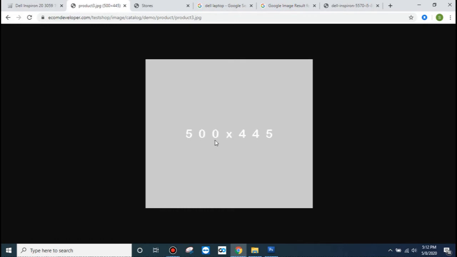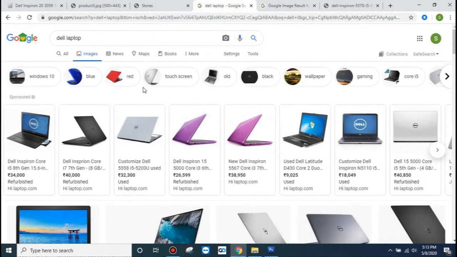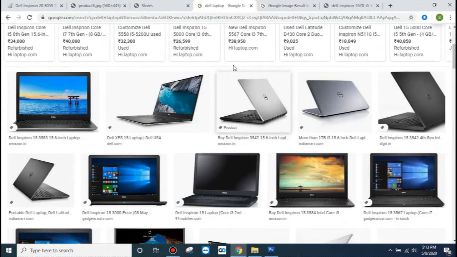Now we will make a product image having the dimension size 500 by 445 pixels. So go to Google and put any product name here, like Dell laptop, and if you click on images, you will get all images.